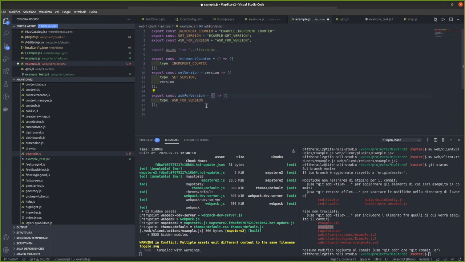No parameters in this case, and you have to create an epic,